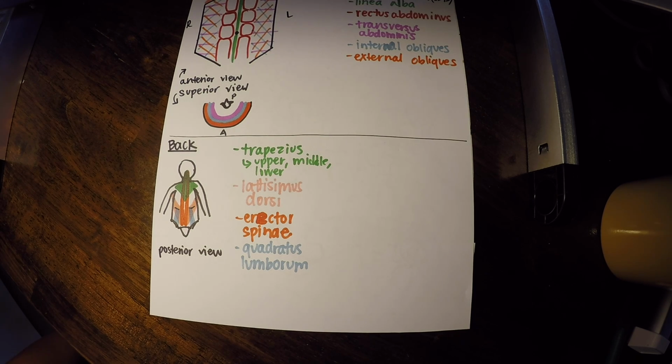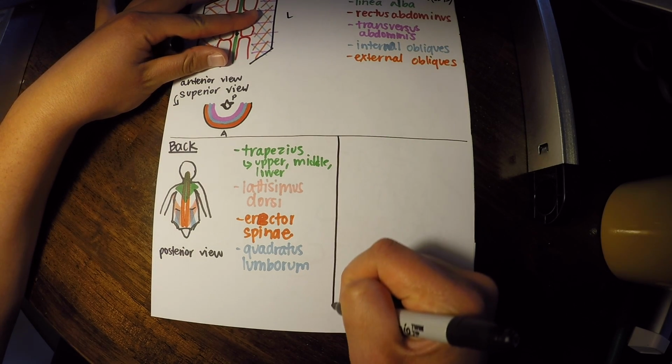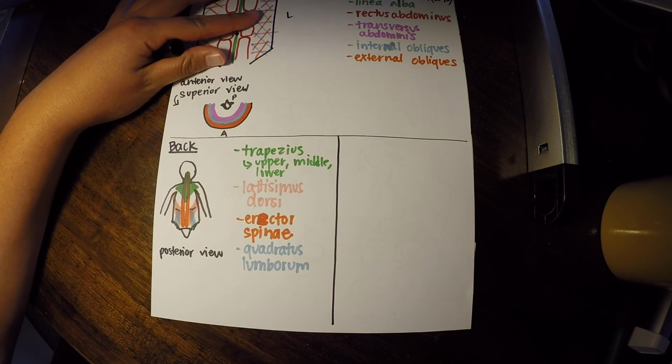Okay, now again, these are split up into different parts, and there are a lot more detailed back muscles that you will likely need to know later if you get into a field that relies on lots of identification of muscles, but these are the main ones. Now, what I want you to do is follow me along for one more segment. We're just going to talk about a few chest muscles. And that'll be the end of this segment.